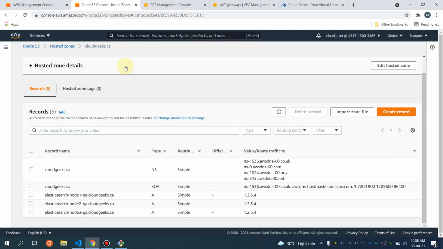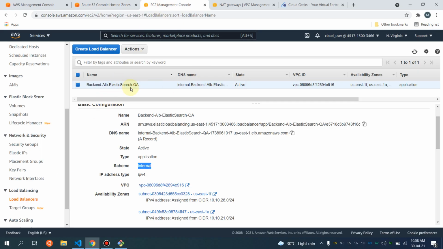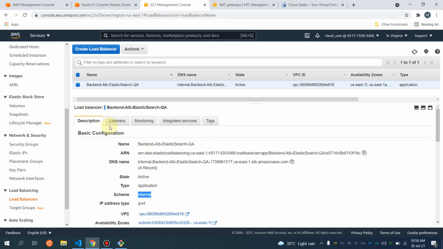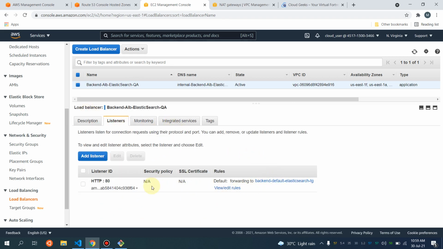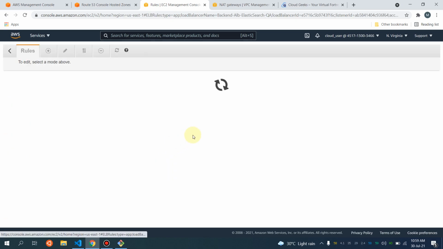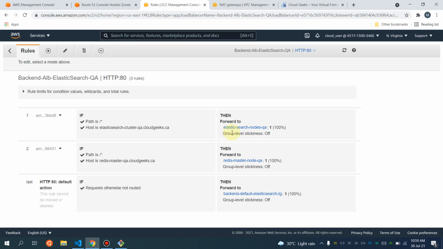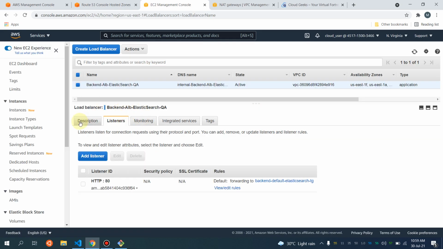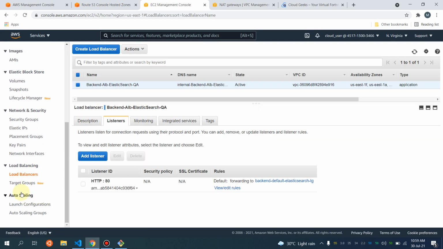So first of all, let me show you that part as well. This is the application load balancer. So if I go to the listener section, you will see that one listener, as I told you, we are going to use port 80, and we are going to use this Elasticsearch nodes QA, and our deployment is going to be automated in a way that we are going to